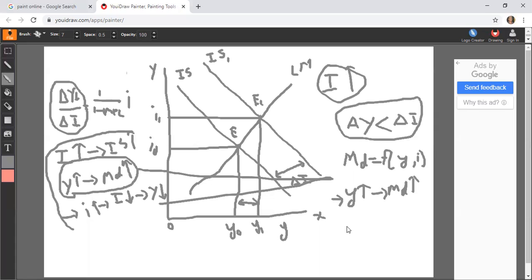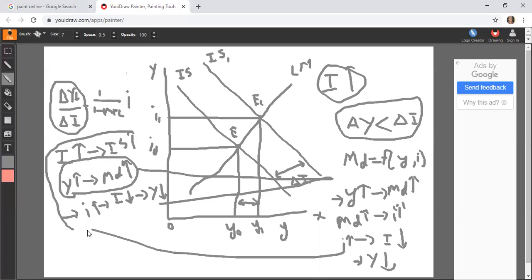Now, when demand for money increases, naturally the rate of interest goes up. And when the rate of interest goes up, investment comes down. And when investment comes down, income declines. The same thing. So that's why the change in income becomes much less than the change in investment